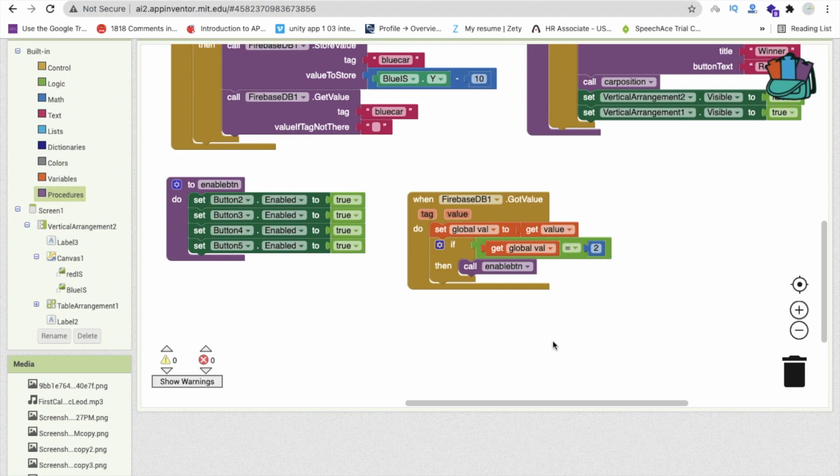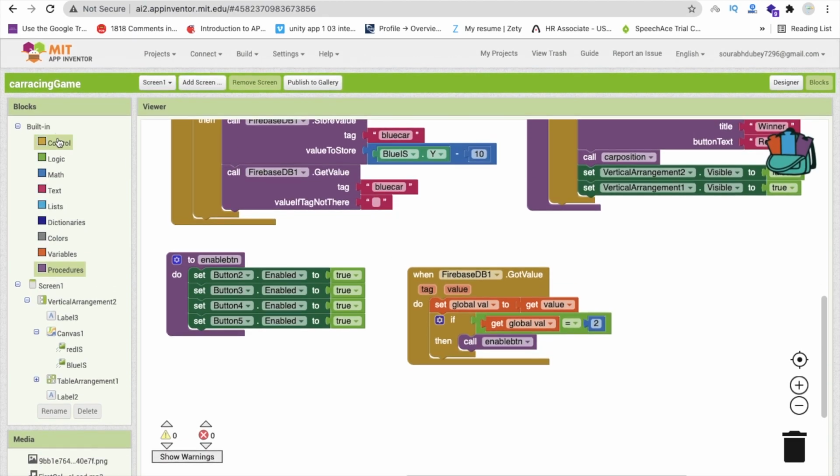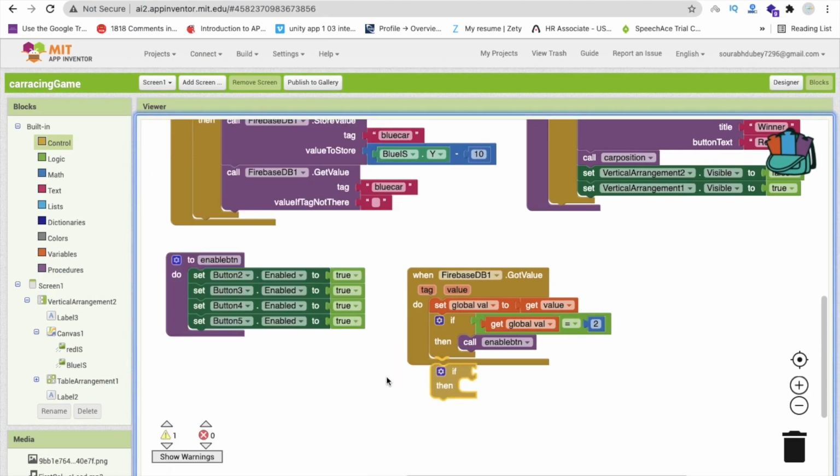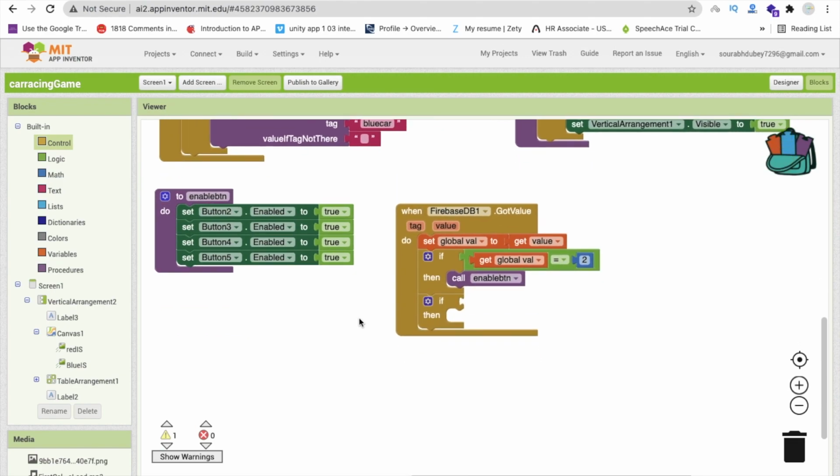We need to move our car, actually this is important. So control if, whenever we get some value, whenever we store our car value, suppose my car is red, whenever I click on that up button, the code will store the value of the blue car in the database. Now whenever I get the value, I will update that value on the other device also.